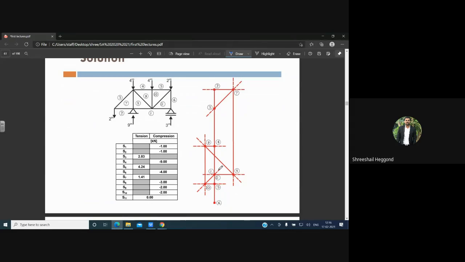Triangles we need to prepare, and you need to draw the diagrams to scale. Which one is the tension member and which one is the compression member can be calculated. This will represent the lengths, and members 2, 3 and 7 form the triangle. That diagram is shown like this to scale.